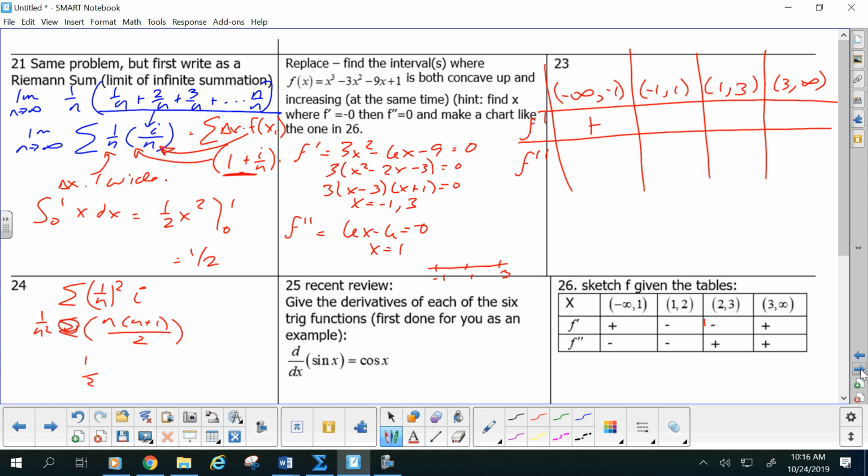At 0, negative. From 1 to 3, still negative. After 3,